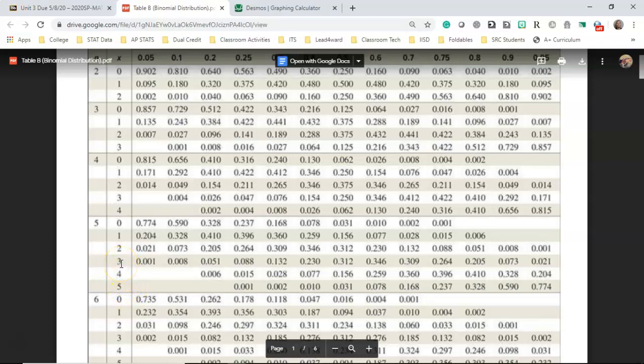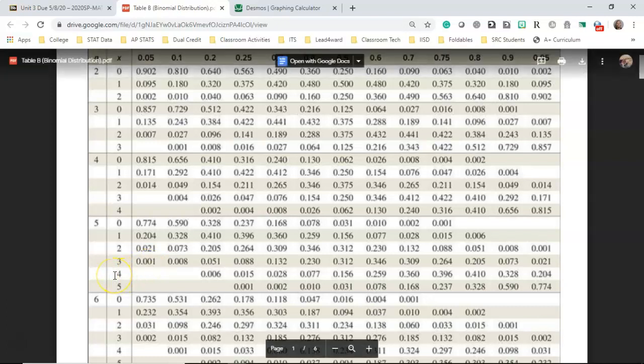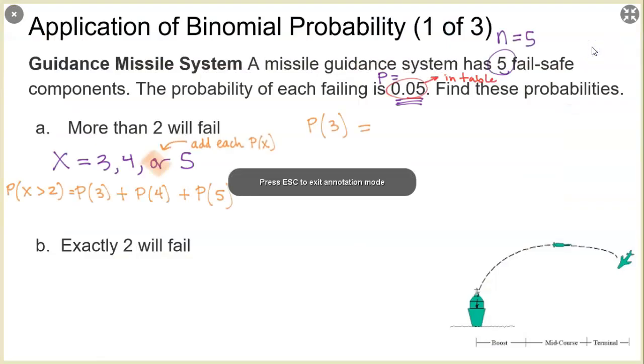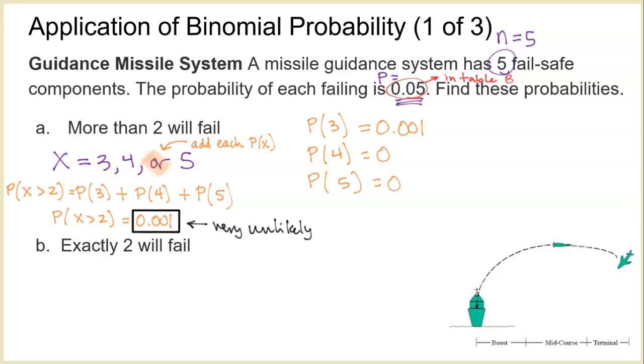The probability that 3 components will fail, according to the table, is 0.001, less than 1% chance, a 0.1% chance actually. The probability that 4 will fail is blank, so essentially is 0. The probability that 5 will fail is also blank, so essentially is 0. So when we go back to our problem here, the probability that 3 will fail, 0.001, probability that 4 will fail, 0, probability that 5 will fail, 0. So when we add these numbers together, we get 0.001,